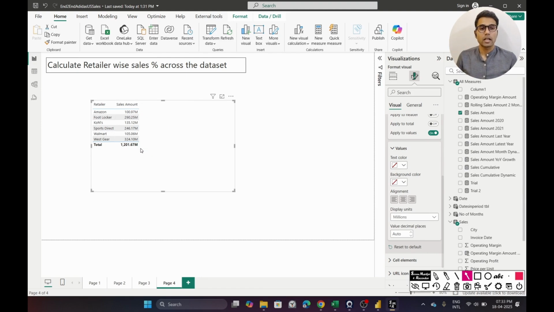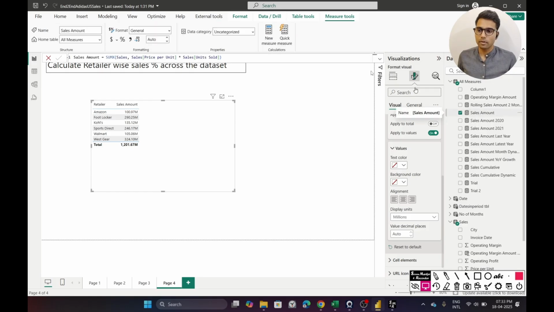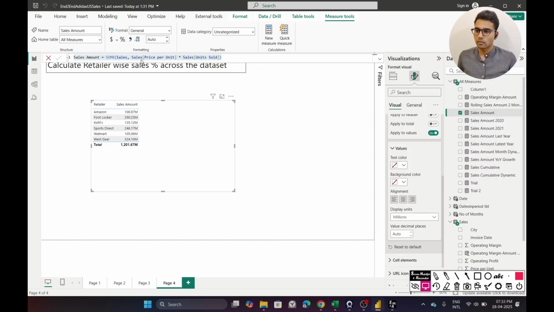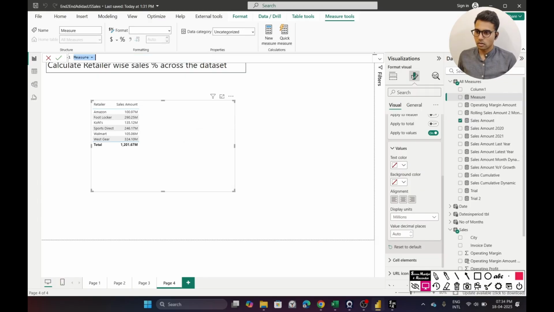So what is the contribution retailer-wise? In order to do that, we are just going to use a very small modification in the sales amount formula. So this is the sales amount formula that I have. Now let's create another formula. I will call it grand total sales. Now that is equal to CALCULATE sales amount,